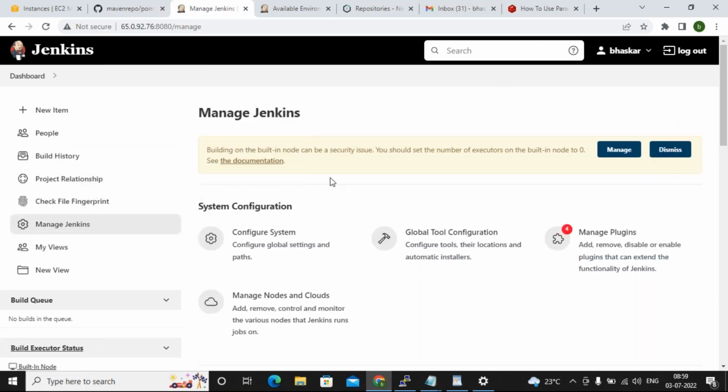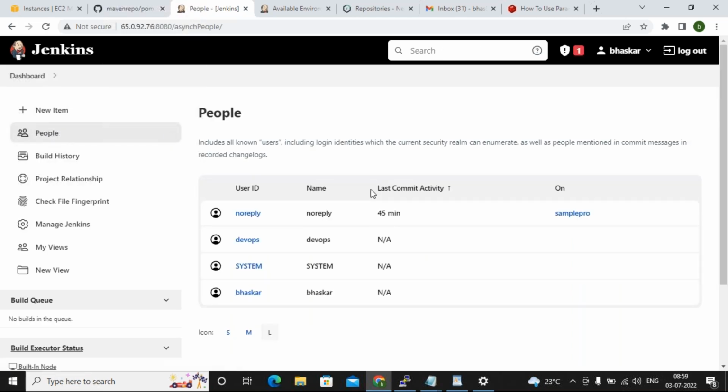So this is how, guys, you can restrict the users. Everybody should not have admin access. They should have limited access. Whatever access you need, you will provide. So there will be multiple questions here: why do developers need this console access?